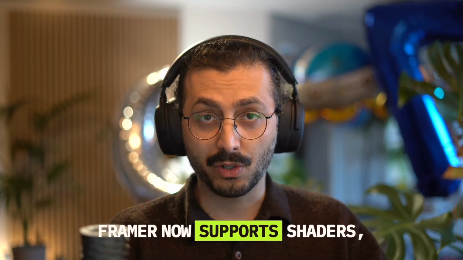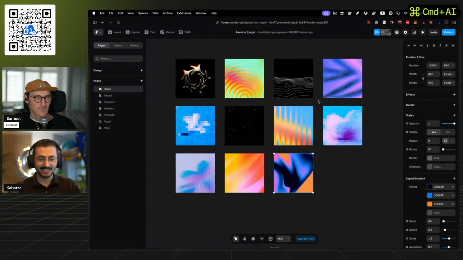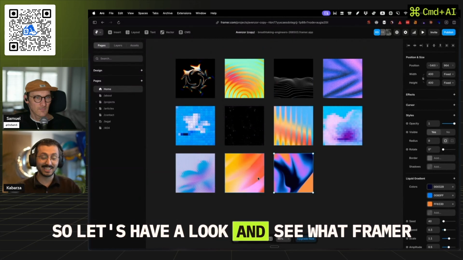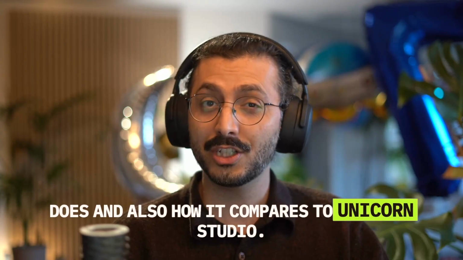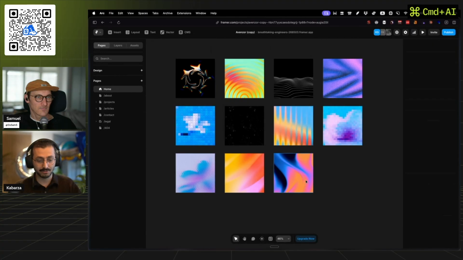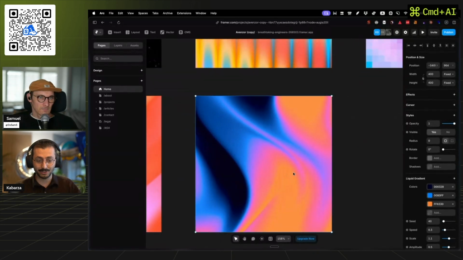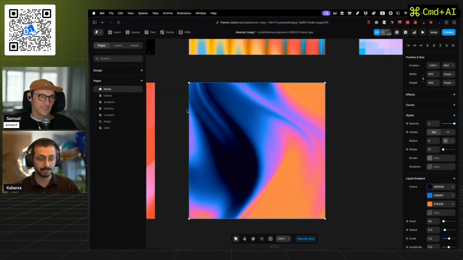Framer now supports shaders, and these are gorgeous. So let's have a look and see what Framer does and also how it compares to Unicorn Studio. So Cmd+AI. Framer now allows you to add your own shaders as a component and add it to